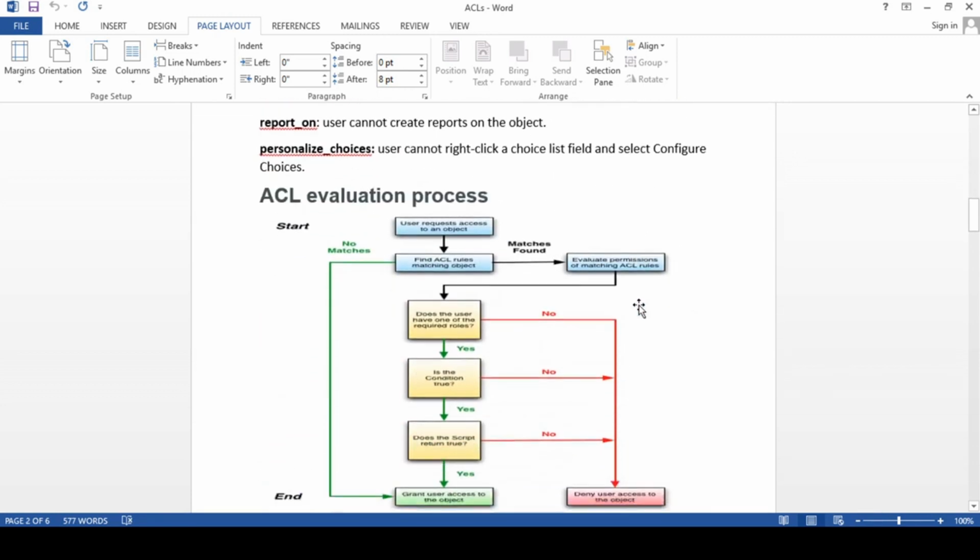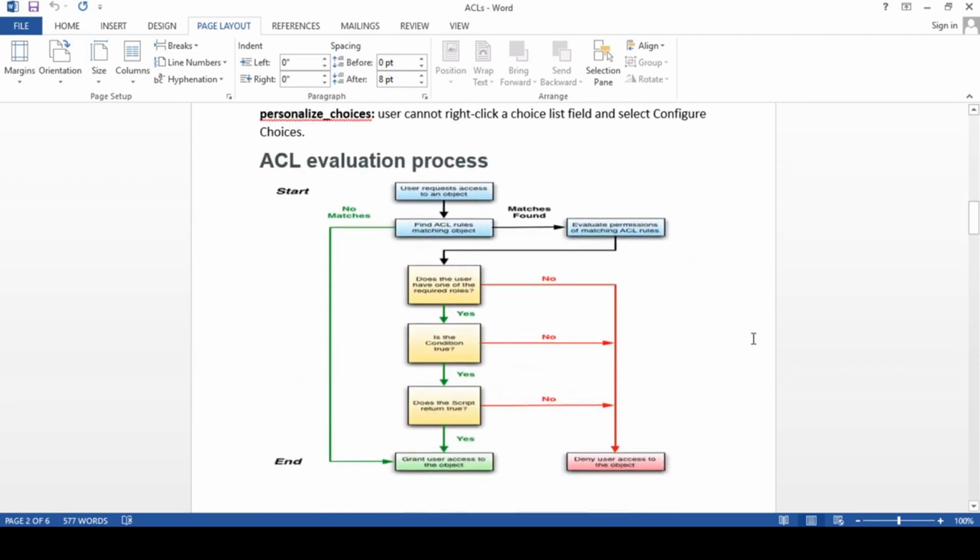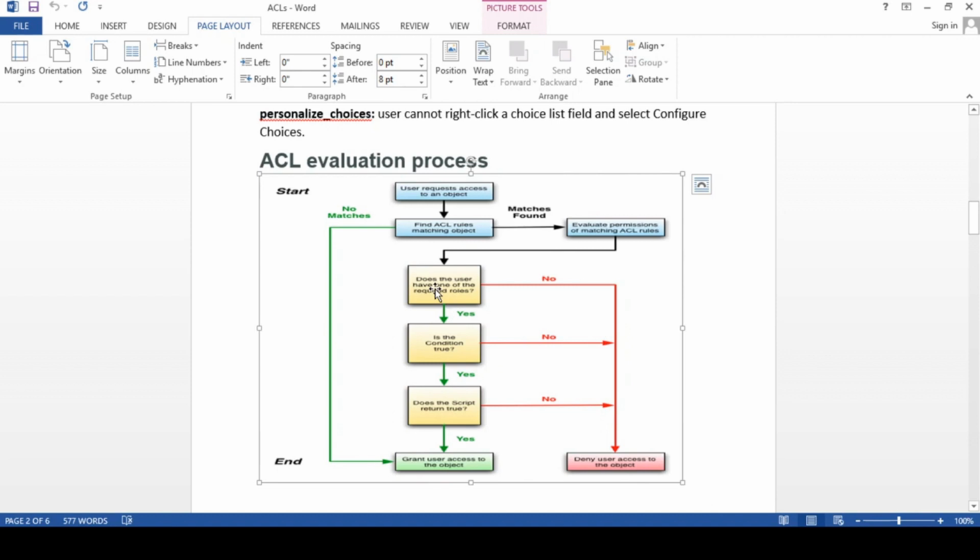Now let's check how the ACL evaluation process works. The ACL evaluation process works on three parameters. First one is the role, second one is the condition, and third one is the script. So while creating an ACL, the system will ask you to associate a role. Based on the role, the ACL will evaluate. So the first is the role association. The second condition would be here,